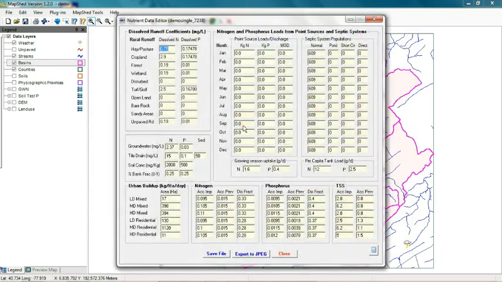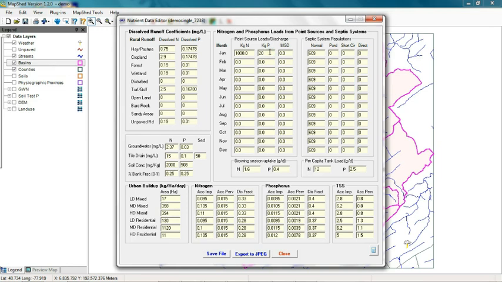In terms of nutrient data, it's possible that something is missing. For example, before, when we ran MapShed initially in this area, we did not provide a point source layer, and it could be that there's actually a point source discharge located within that watershed. If we know the loads and the amount of flow that's generated on a monthly basis, we could type that information in right here. For example, maybe we know there's 1,000 kilograms of nitrogen discharge per month on an average basis, and maybe